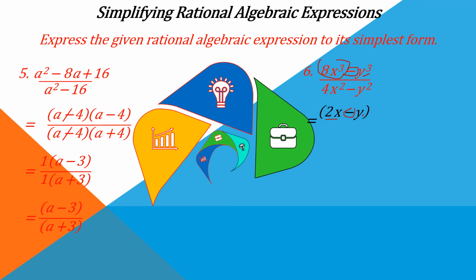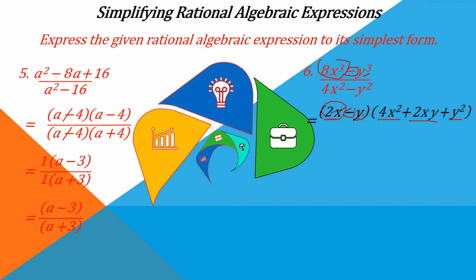The trinomial factor: we square the first term, which is 4x squared, and the last term is y squared, which is also the square of the last term of the binomial, and we have the middle term as positive 2xy, which is the product of the first term and the second term of the binomial,